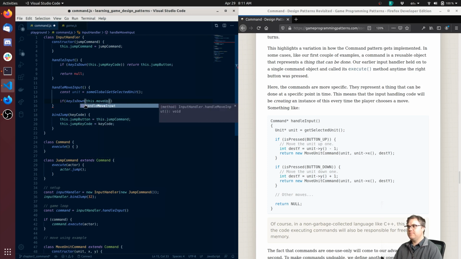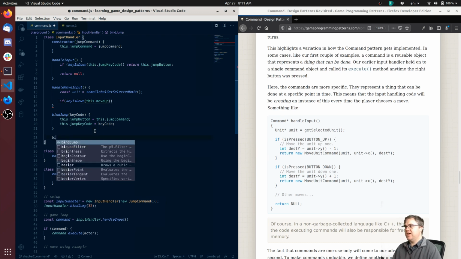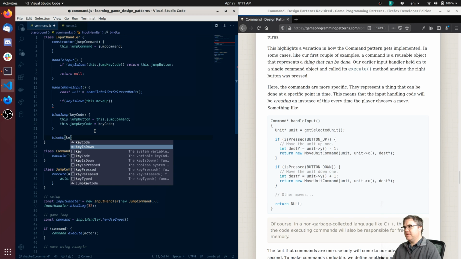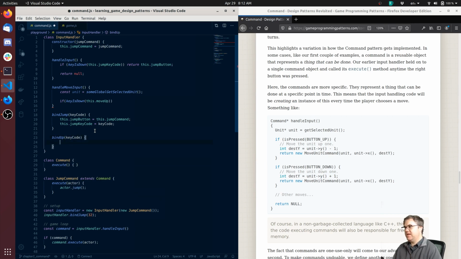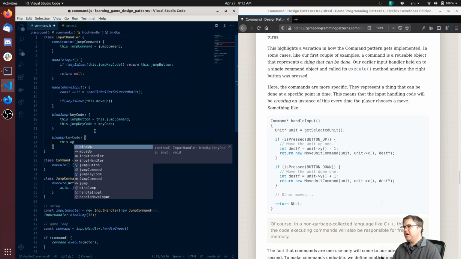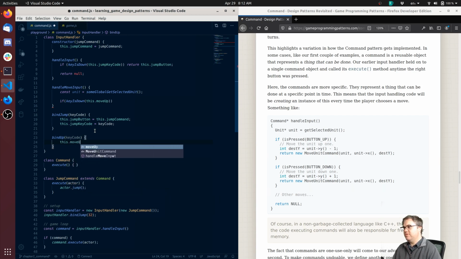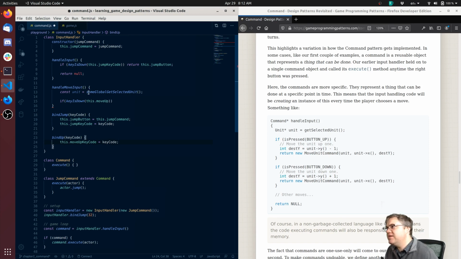move up. So maybe we can bind up key code, and we'll say this dot up, move up key code equals key code. And then this dot move up key code. Okay, so if this is true, we return